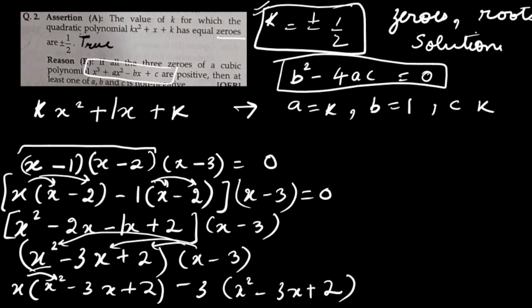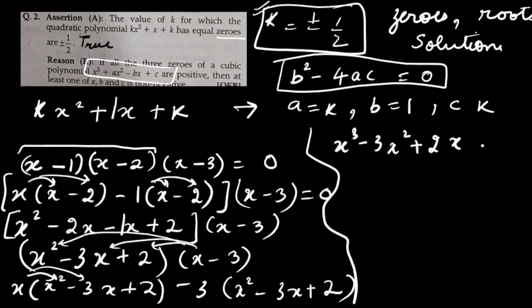So bracket multiplication we have to do. So x into x square, x cube, minus 3x square, plus 2x. See, I have just multiplied x with x square, x cube, then minus 3x square, then plus 2x, then